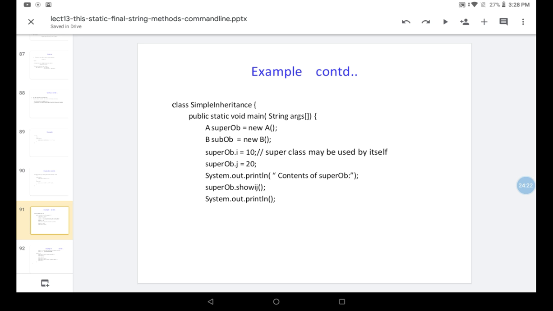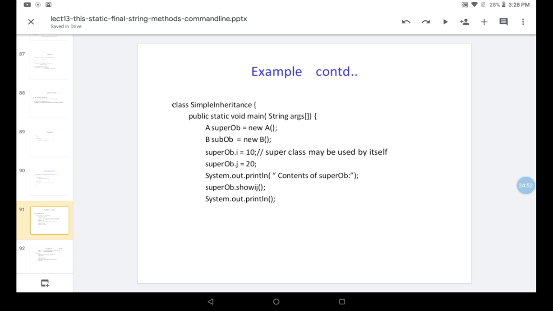So in the main method, how do we implement that? In the main method, we create two objects, one of class A and one of class B. Actually, there is no need to create a class A object if we can create the B class object: subOb is equal to new B. So superOb.i is equal to 10, superOb.j is equal to 20.